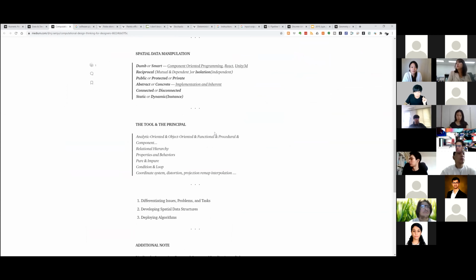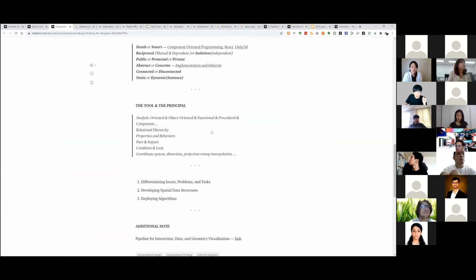So let me scroll down quickly. This is a quick summary. First of all, we need to raise the correct question, and the questions are usually pretty big, so we need to chop them down, decompose them as small as possible. Then you can create a very simple function that only resolves very small tasks.